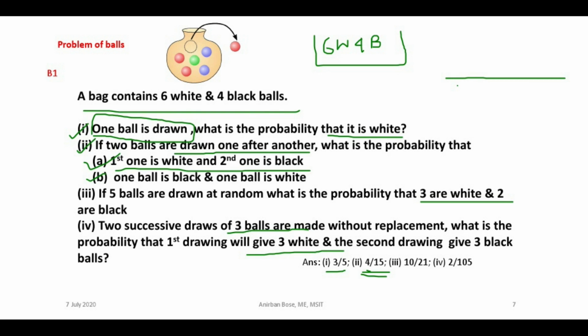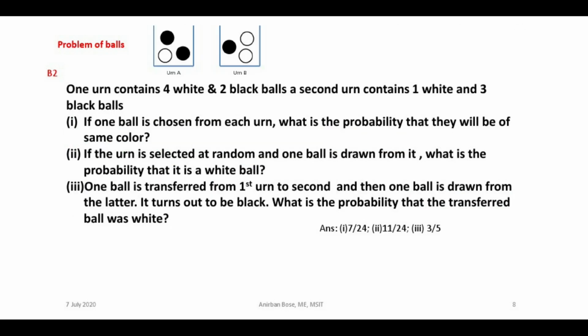So total possible outcome, what? So first 10C3. Now without replacement, again you draw 3. That means how many are remaining after 3 were taken? 7. So the next 3 will come from 7. So these will be the total possible outcomes. Okay, so now what will be the numerator? Favorable outcome corresponding to first 3 being white. So the first 3 will come from the 6 white balls, and the next 3 will be black, so that will come from the 4 black balls, 4C3. Okay, so if you simplify, you will get the answer.